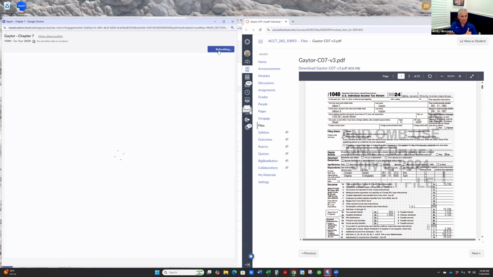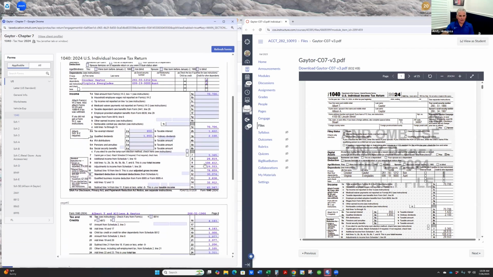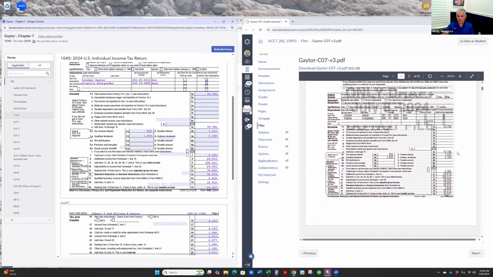Let's try refreshing the return and then see if that just updated. It did. So quickly, when you pull this up once, if you want to make some changes, click on refresh forms, and then you can immediately see the updates. 699,199,000, and that worked out okay. All right, there was no change to W2, but we're going to look at it anyway just to make sure,